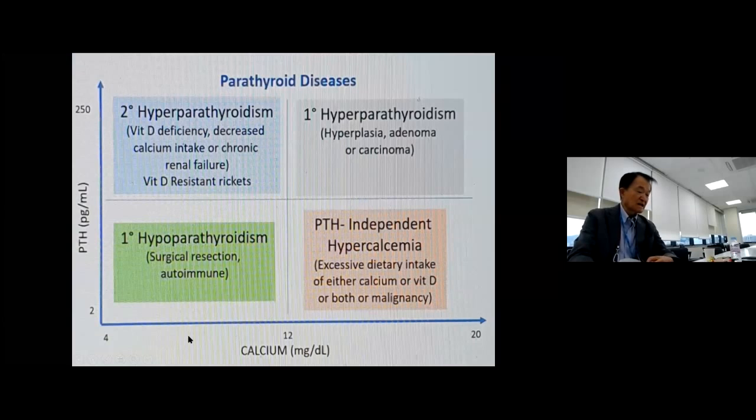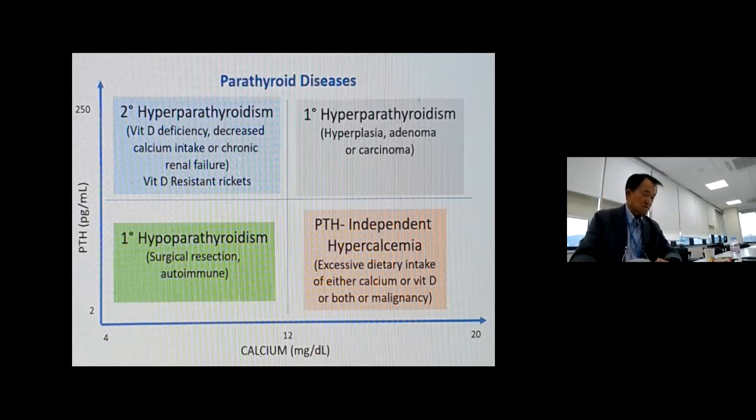The calcium level here is usually greater than 10.5, but about 12 milligram percent here. If the calcium level is greater than 11, we generally see the adenoma on images. Less than 11, it's very difficult because it's all small lesions. So this calcium level seems to correlate with our imaging results.